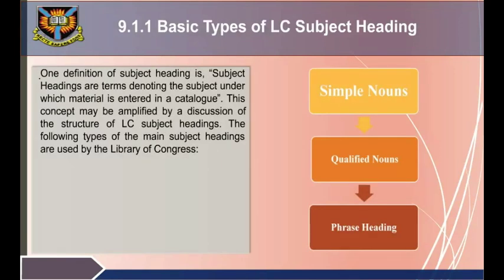Basic types of LC heading. One definition of subject heading is that subject headings are terms denoting the subject under which the material is entered in a catalog. This concept may be amplified by a discussion of the structure of LC subject headings. The following types of main subject headings are used by the Library of Congress: simple nouns, qualified nouns, phrase